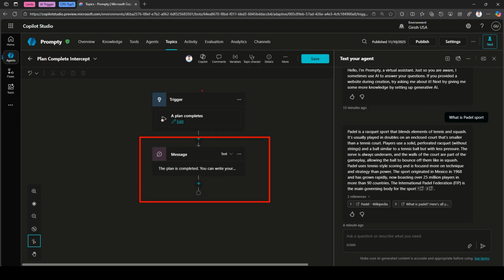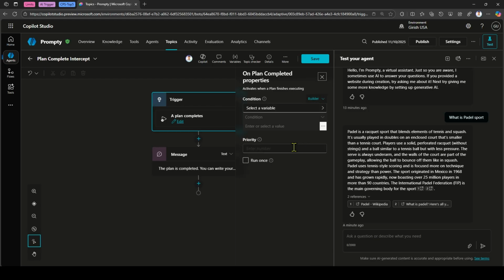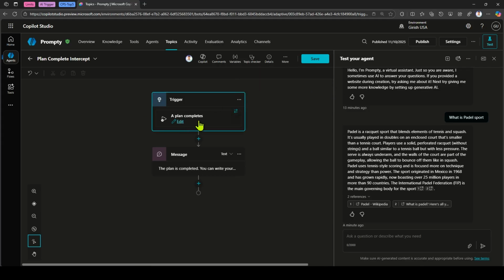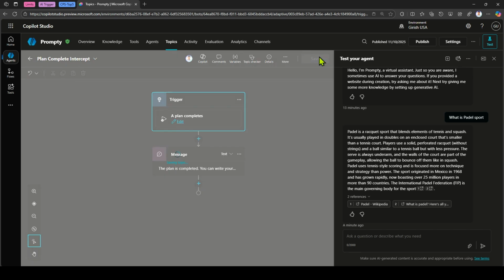Make sure that you use this trigger only for one topic, because if you have multiple topics with the same trigger, then they will compete with each other, and the priority value will take hold. So if I go into the properties, you need to set up the priority, and then you can specify whether to run once or run it every time this particular action happens. Now if I click on save,